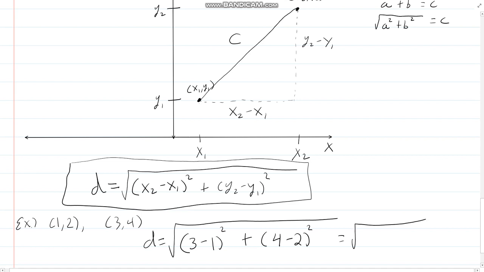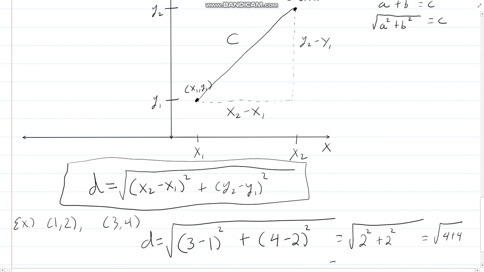And what does that equal? 3 minus 1 is 2, squared, and then you have 4 minus 2, which is 2, squared. So we have 4 plus 4, and we have